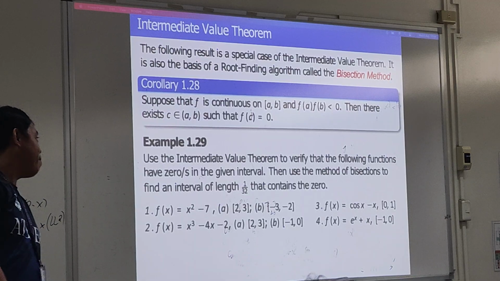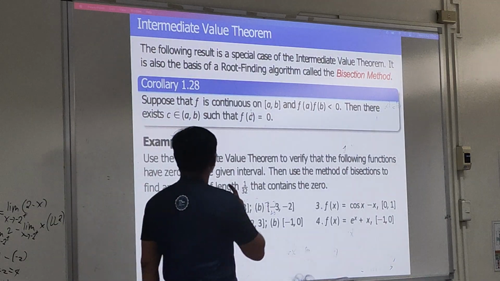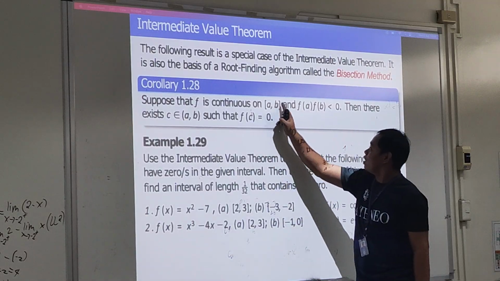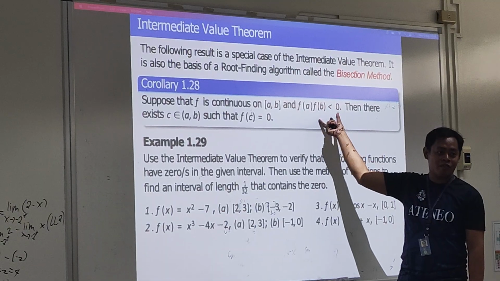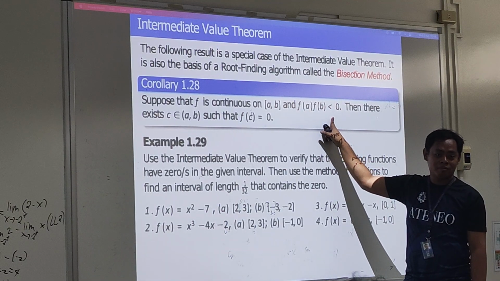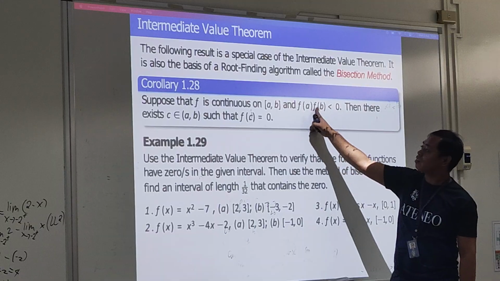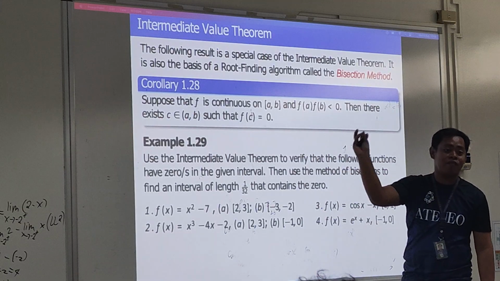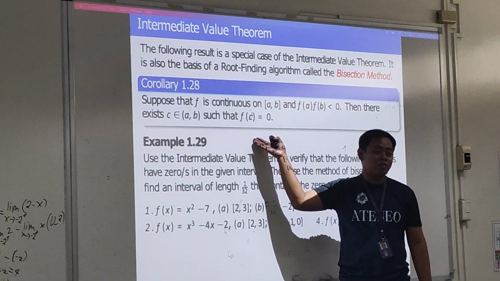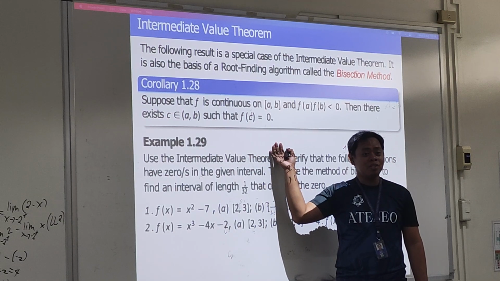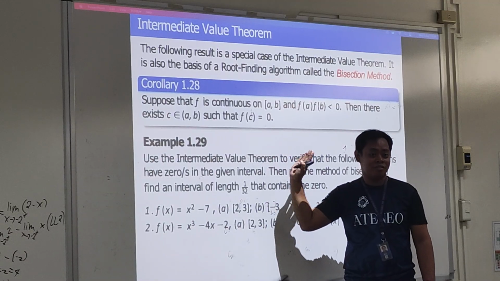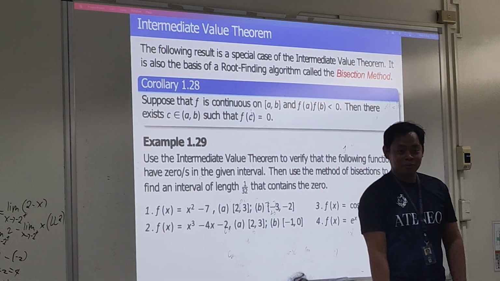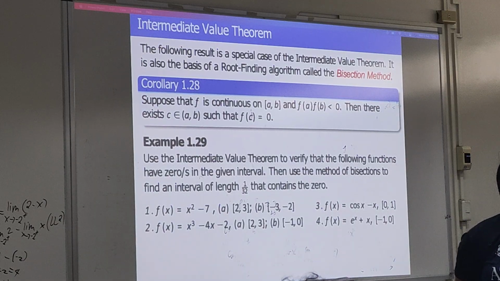So if we can find a root inside of that interval, if we consider this, the product of f of A and f of B should be negative. If we satisfy this condition, then we're sure that we can find a number for which the function becomes zero. Because if the function is zero, it is a root or solution of your function, in layman's terms. Right? Am I right? Am I wrong?